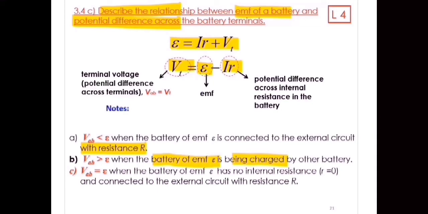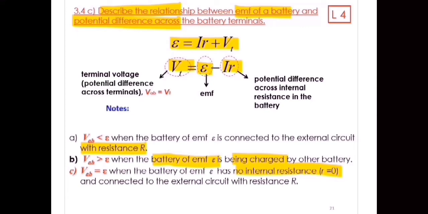Only when the battery is being charged can the terminal voltage be bigger than the EMF. And the terminal voltage will be equal to the EMF when there is no internal resistance. If the battery does not have any internal resistance, only then can the voltage be equal to the